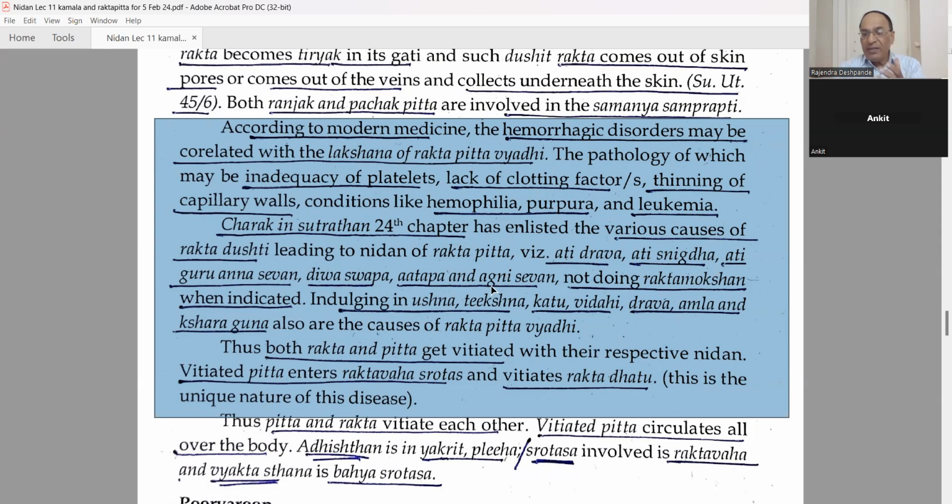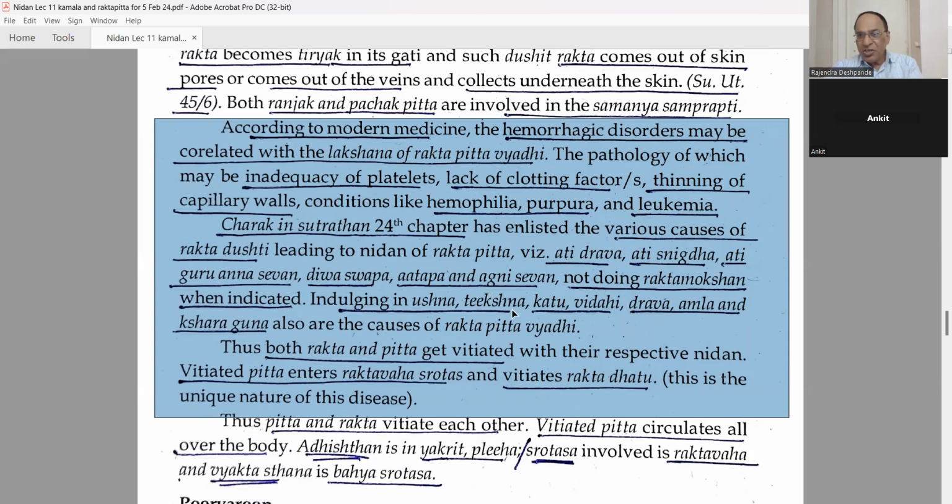Moving or having a job near the furnace, like brick factories, chemical factories. There are even the cooks in different hotels, who handle the kitchen responsibility. The cooks are having Agni Sevana, not doing the Rakta Mokshana when indicated. They know that they are suffering from various skin diseases, but they are not purifying their body. To purify the blood, we have the Rakta Mokshana treatment. You know that: Vamana, Virechana, Basti, Rakta Mokshana, and Nasya.